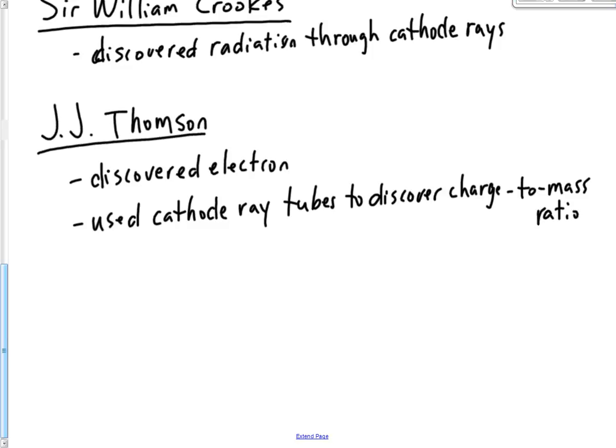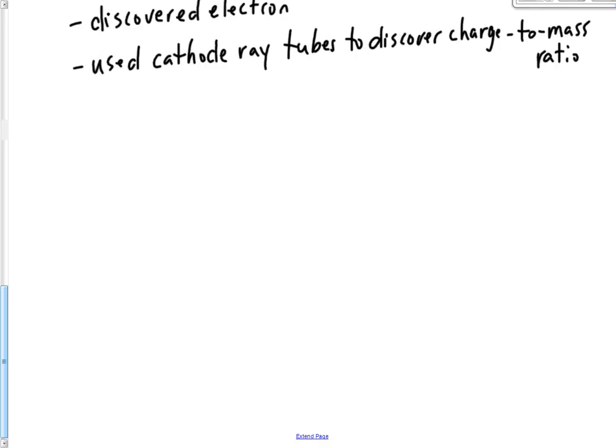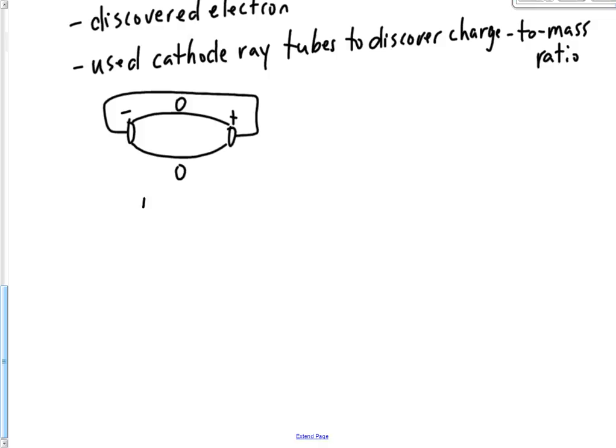And what he did was he took essentially cathode rays, or these cathode tubes. He had a negative end and a positive end, and he put a magnetic field around it. Okay. First, he did it with no charge. Okay. He did not put a charge on it, and saw that everything was flying nice and straight through the tube. Okay. But when he put a charge on it,